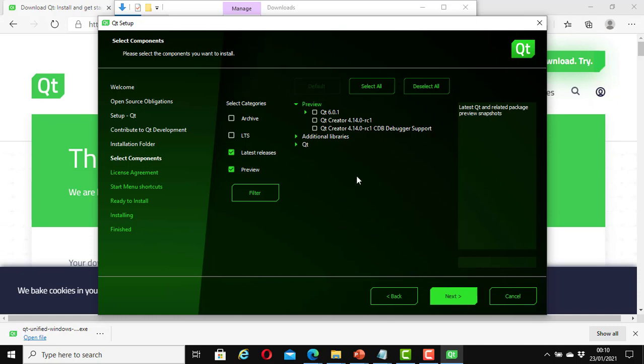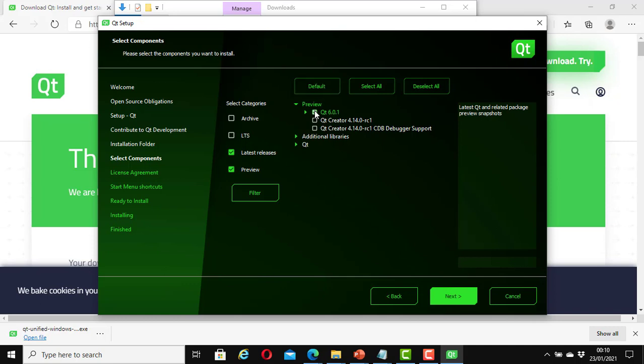This part is very important. Remember, this tutorial is about installing Qt6 on Windows 10 platform. Now we have the option to choose Qt6. By default, it's likely going to be the topmost from the list. That is, it's going to be at the top. As at the time of installing this software, Qt 6.0.1 is the latest.